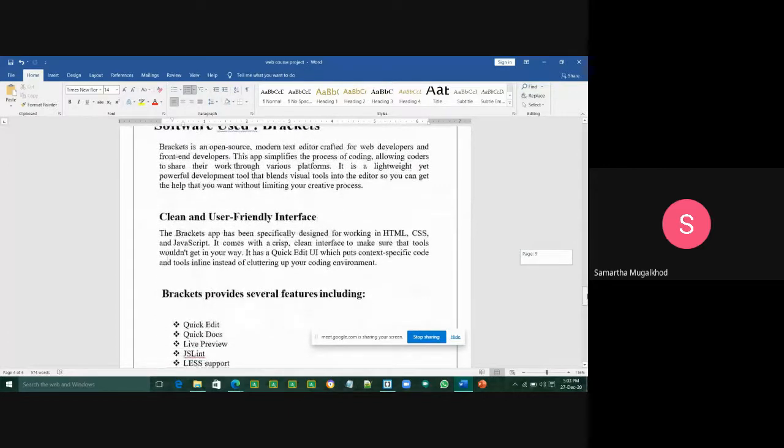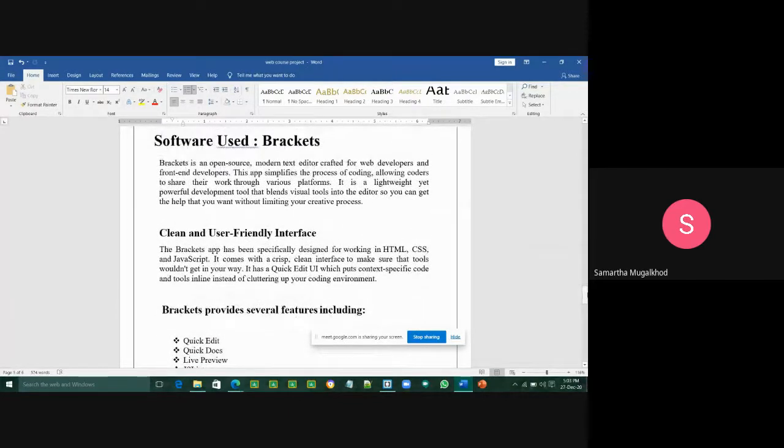Here the software we are using is Brackets. It is an open source modern text editor crafted for web developers and front end developers. This app simplifies the process of coding, allowing coders to share their work through various platforms.